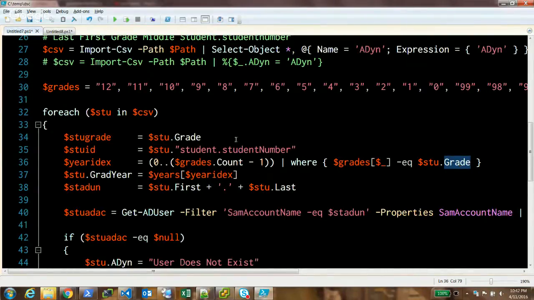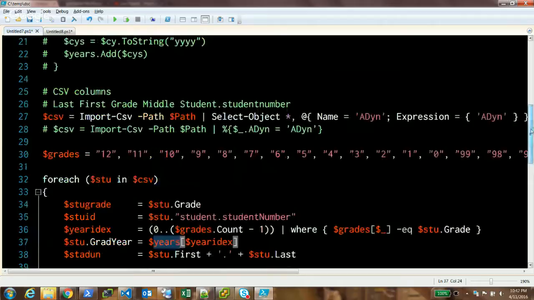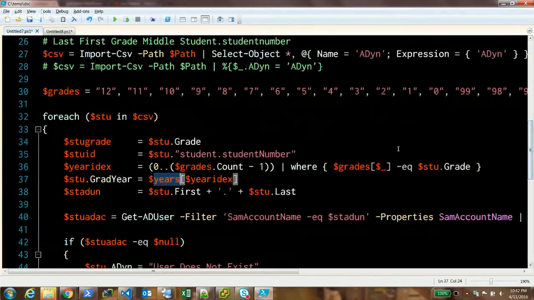So if CSV is 10, the grade or the index is 0, 1, 2, and then he uses the years that we define up above, offsets into that 2, or 0, 1, 2, to get the grad year. That works,